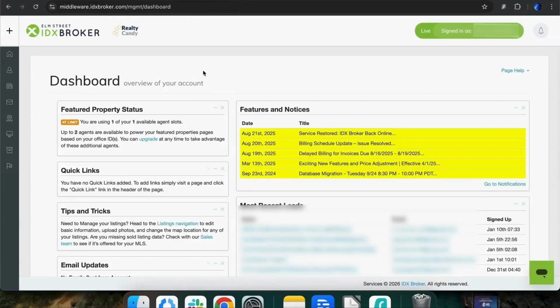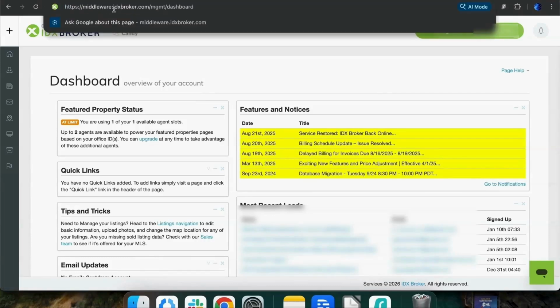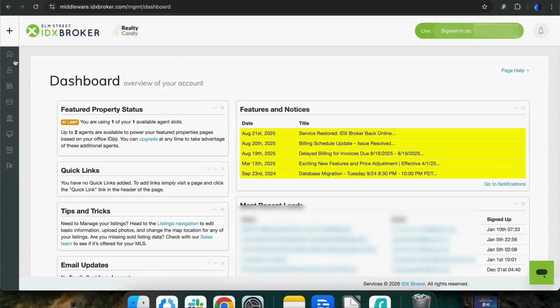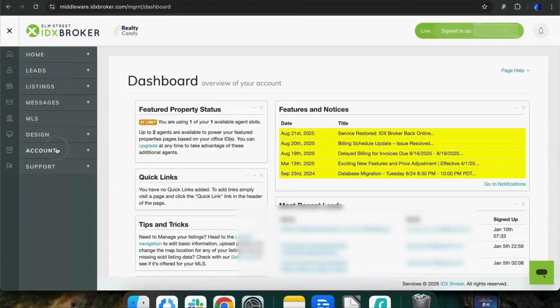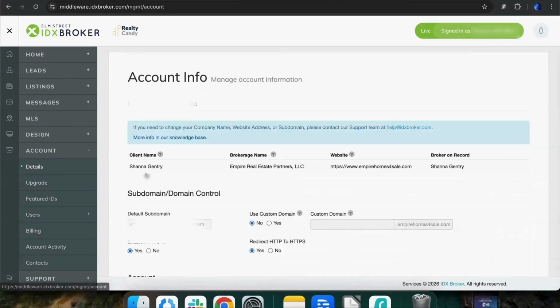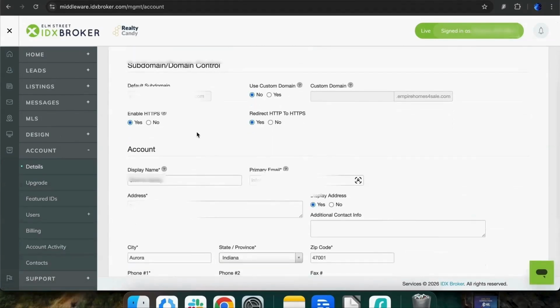Once we've created the record over at the hosting company, our last step is we need to go to idxbroker.com and log in. It's going to take you to your dashboard here. We're going to click on the first little house icon here on the top, and then we're going to click account and then details. Right here, it says use custom domain, yes or no. As you can see, the default is your domain.idxbroker.com,